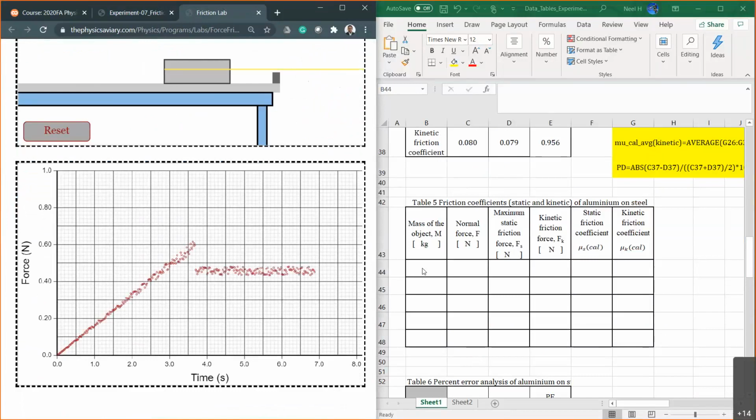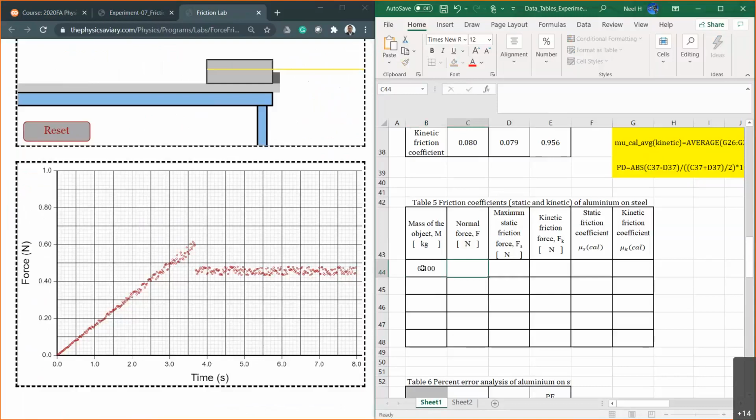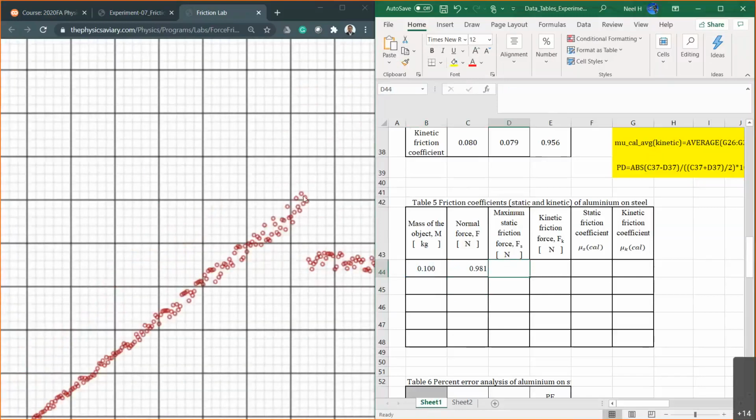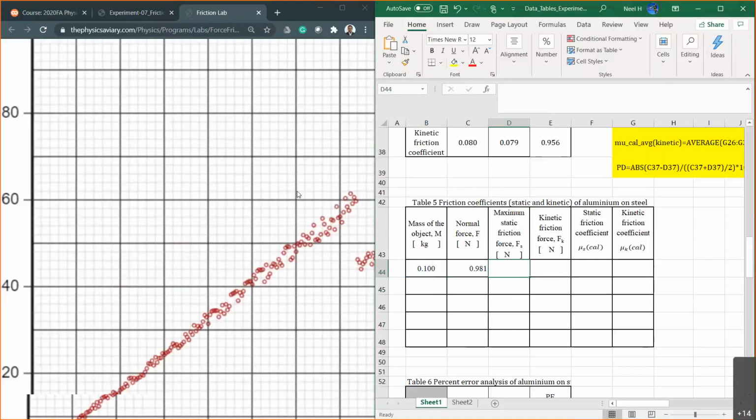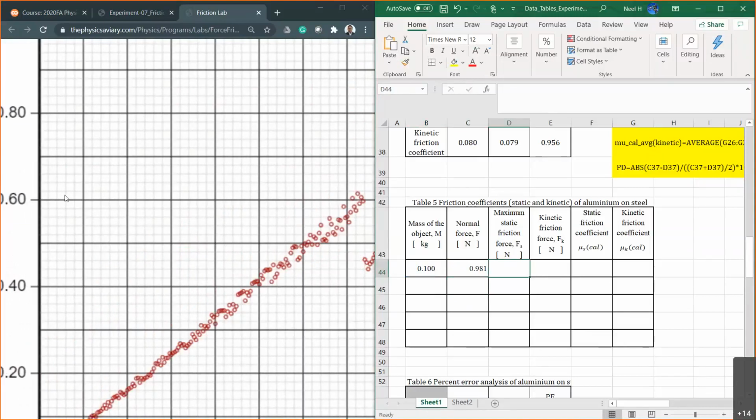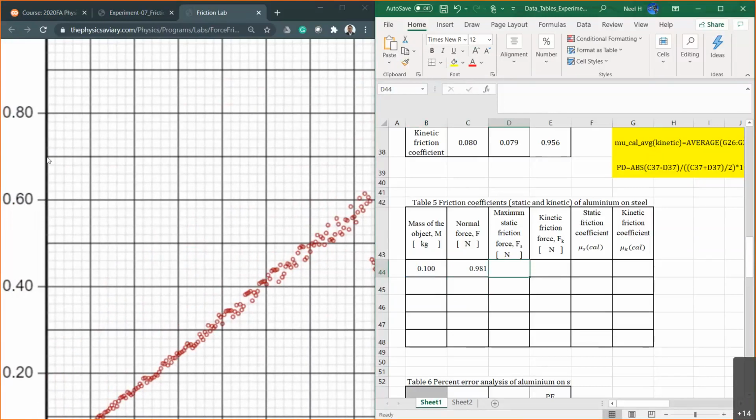Metal on metal, 0.100 is the starting mass. Normal force is going to be equal to mass times 9.81. And friction force is static. I can read into this small square, right? So the value of that would be, this is 0.6, this one is 0.7, each small square is going to be 0.02. This should be then 0.62,